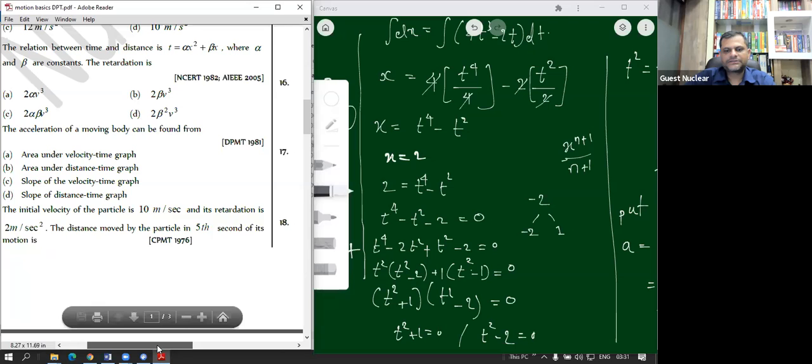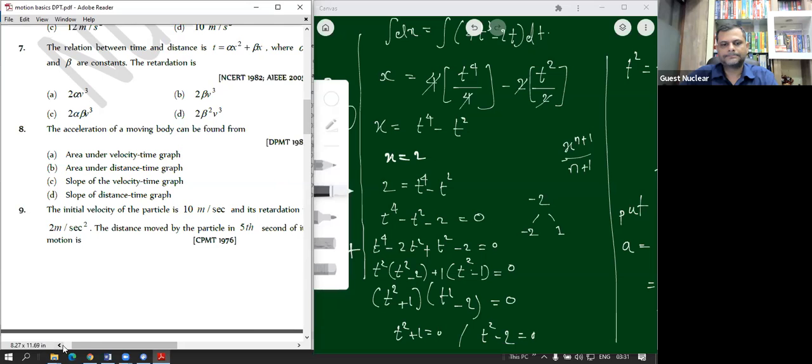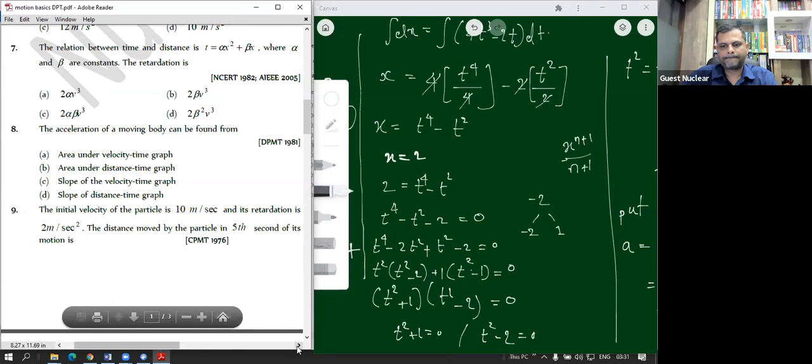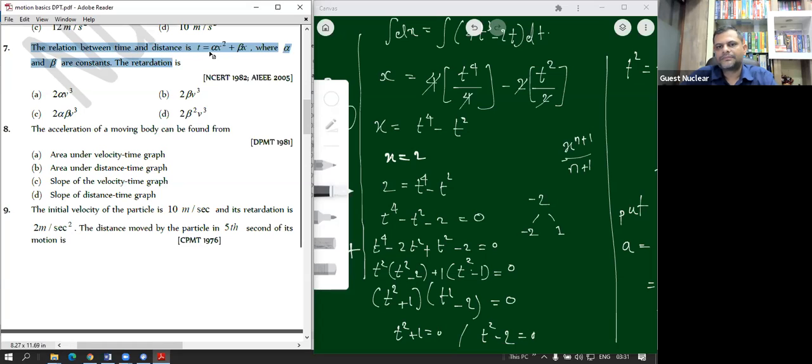I think we have done this also last time, if you remember. The relation between time and distance is alpha x² plus beta x, where alpha and beta are the constants. Then the retardation is, we already did this, and the answer is 2 times alpha v cube. Okay. So next one, the acceleration of the moving body can be found from